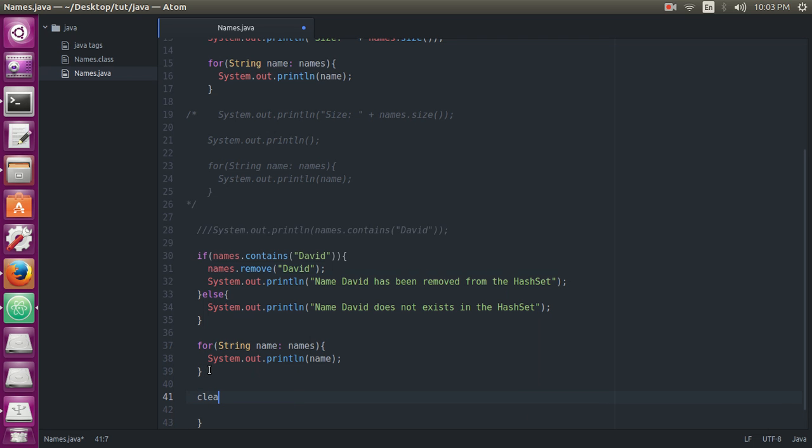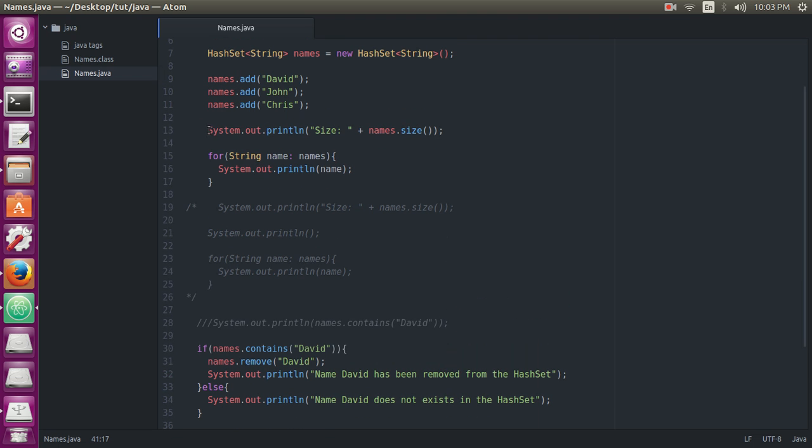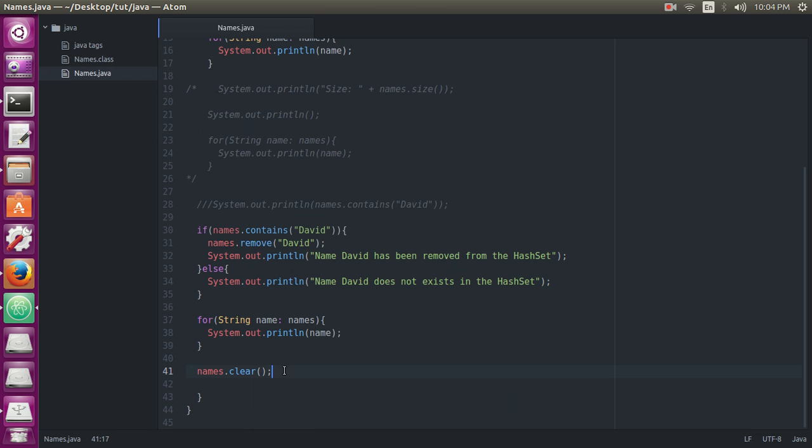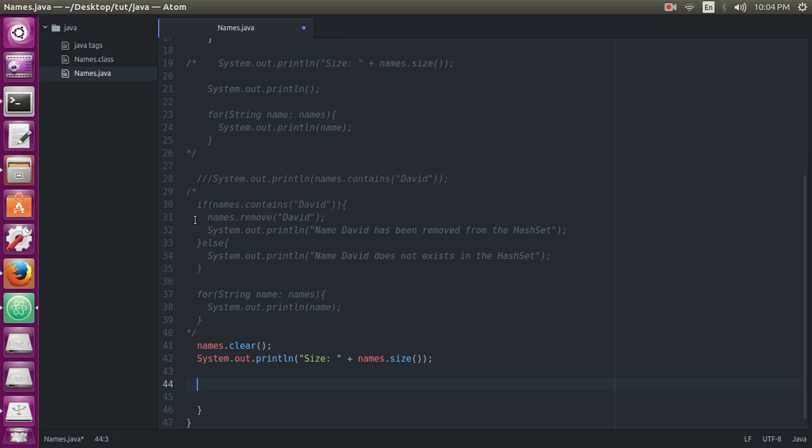Let me just type clear. Oh, just names dot clear. Now this is correct. Now it will clear this list. We'll see this by the size. Where is the size line? Here. We'll print the size here. Just comment this part also. No need. And at the same time we will use the isEmpty function because now the list is empty, so we can